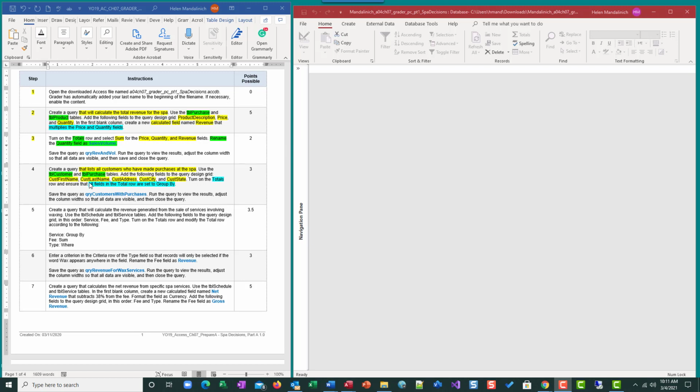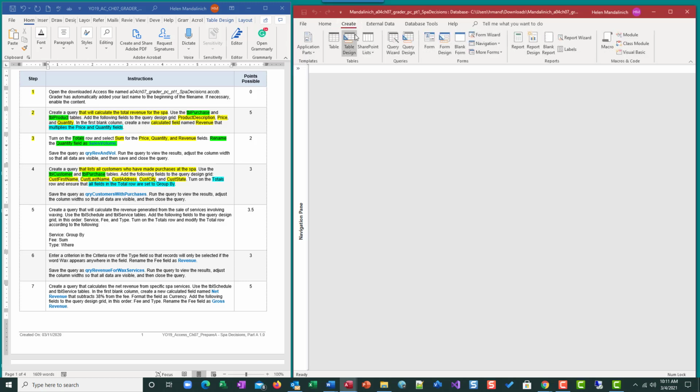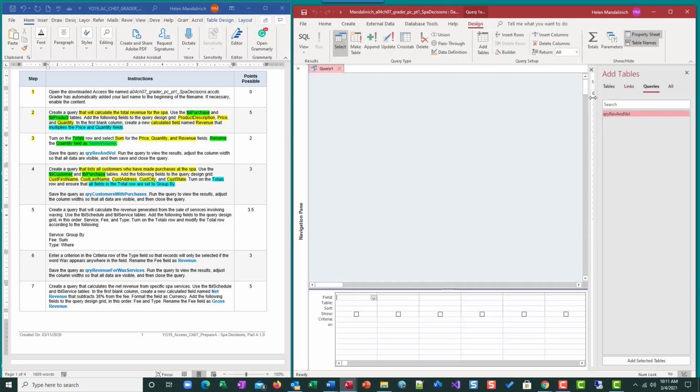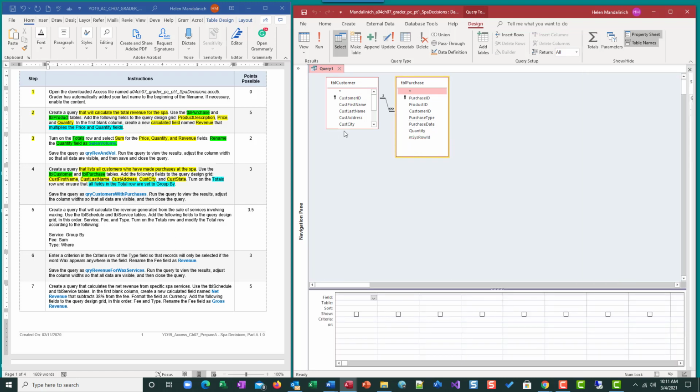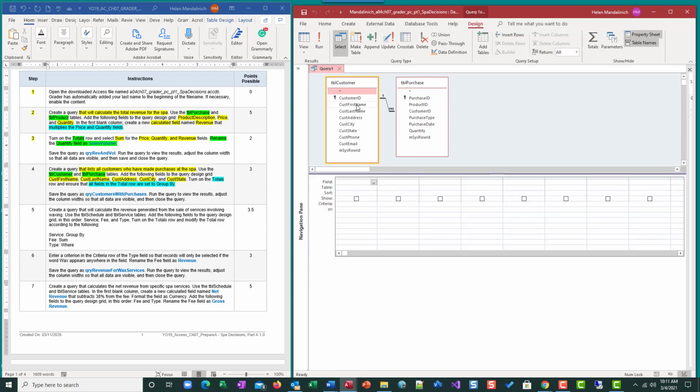Okay, so this next query in 4 is going to provide a list of all customers who have made a purchase at the spa. And we're going to build that from table customer and table purchase. And we've done a query very similar to this in the past. So we're just going to bring customer first name, last name, address, city, state. So if I run this,